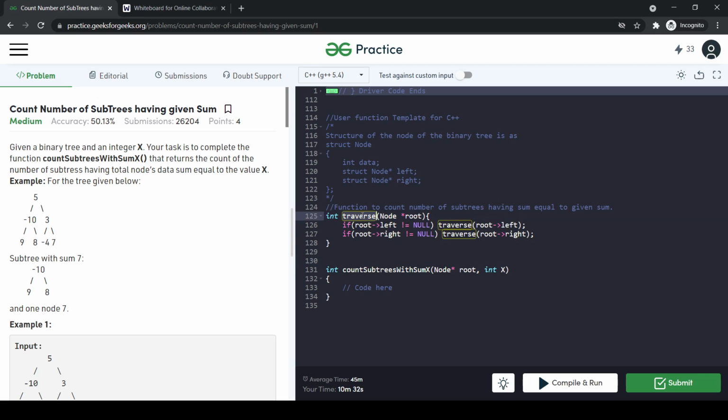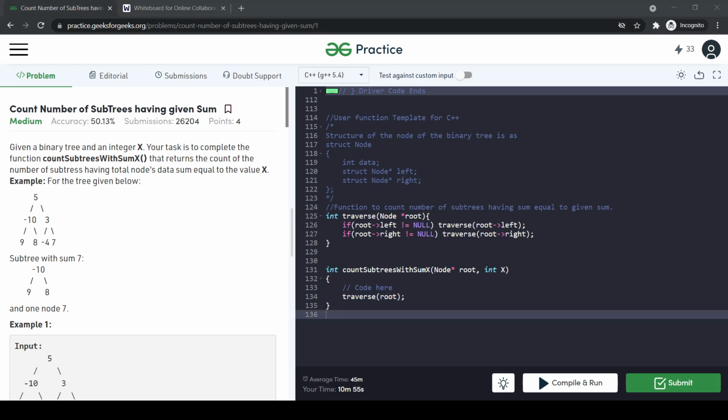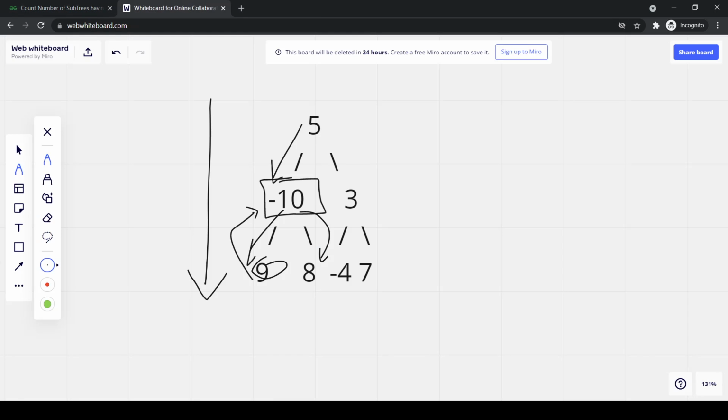Now we have to call this function, traverse root. While traversing we also have to add the sum. Suppose we are on this root. It will go to its left, and here it does not have any left and right subtree, so its sum will be as it is, which is 9.